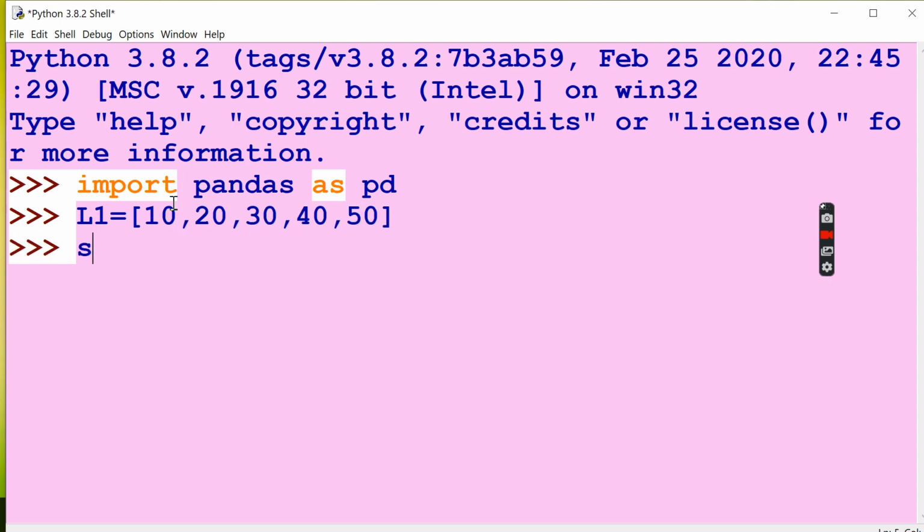So now first what you are going to do, s equals pd.Series, right? pd.Series, and this L1 can be given over here. If you want to give an array index, you can give.